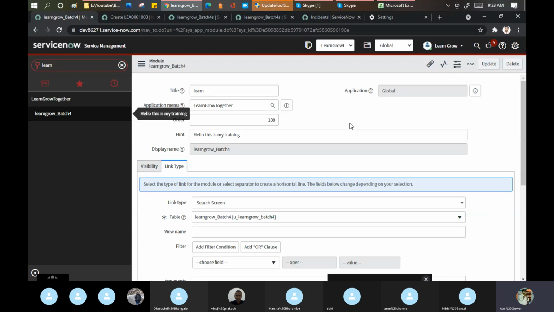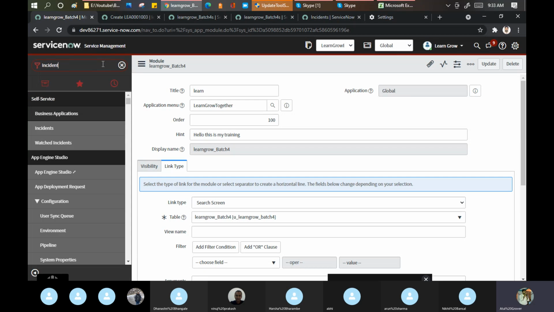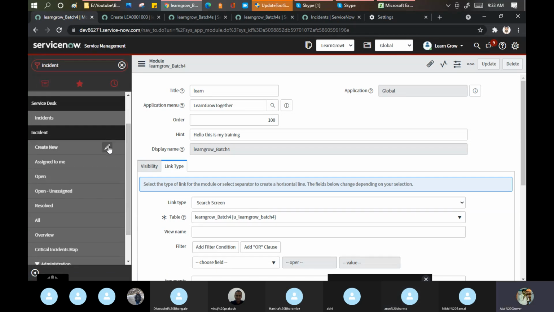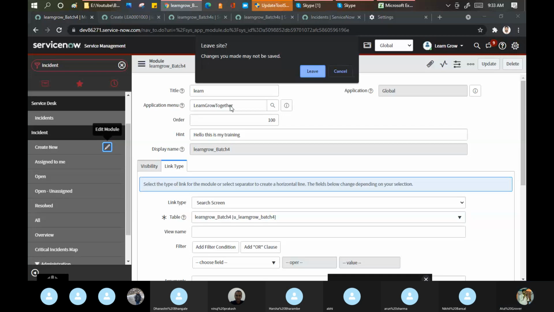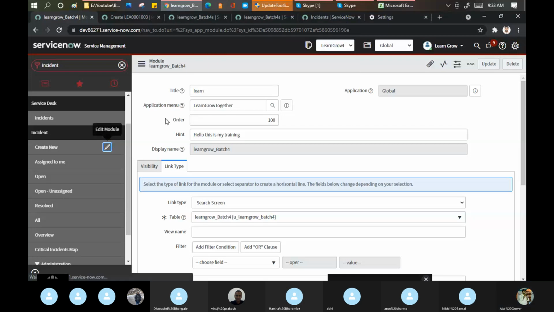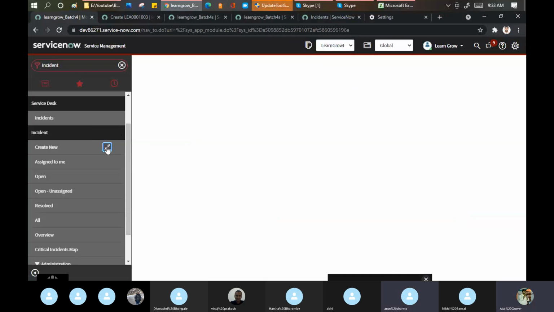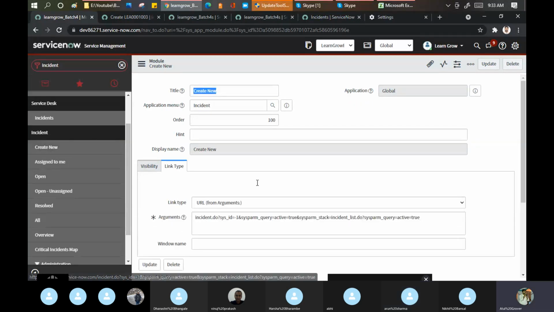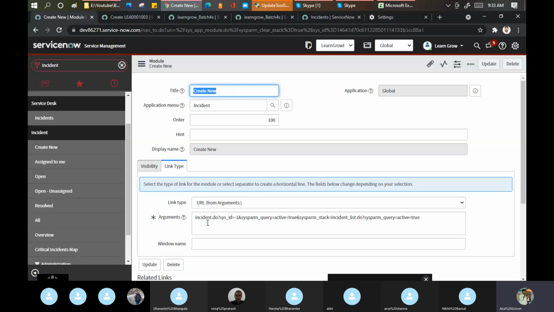Another part of what you have to do: go here and search for the incident. Click on this pencil icon and see what link type it has given. URL from the arguments. Leave it from the arguments as of now.